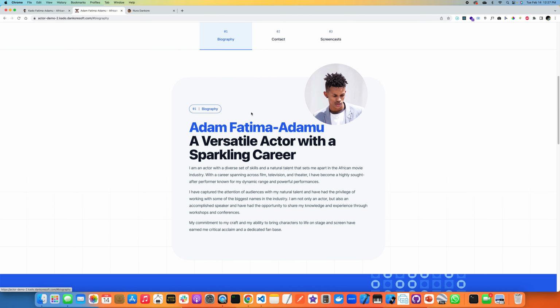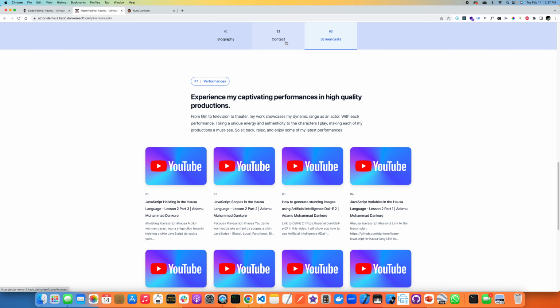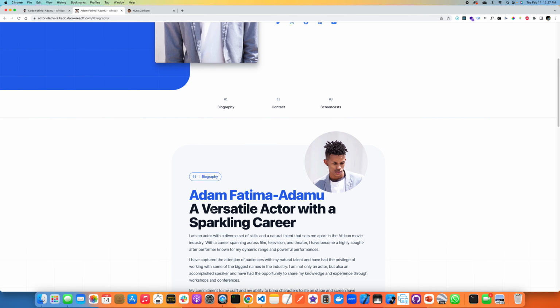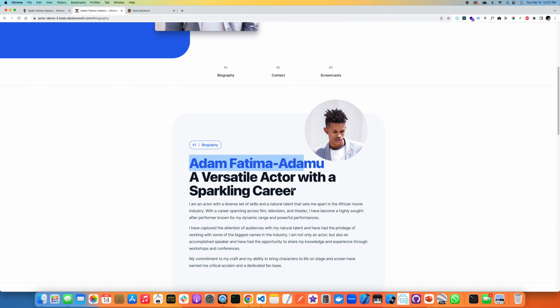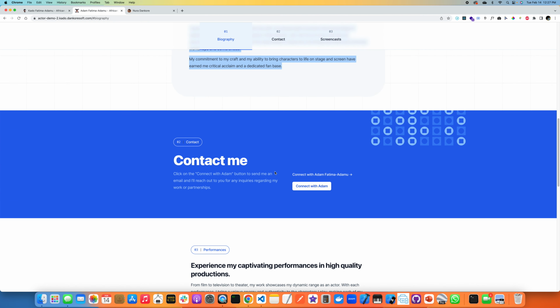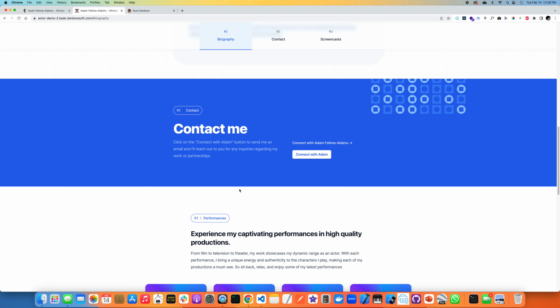This is the navigation. I can easily navigate through each of these sections. But the first section is the biography. Okay, we have your name, kind of a subtitle, and then everything else that you want to appear here. And then next is the contact section. So anything can be here. Okay, you can say contact my agency or contact myself. However you want, this is fully customizable. You just need to let me know what to add there.